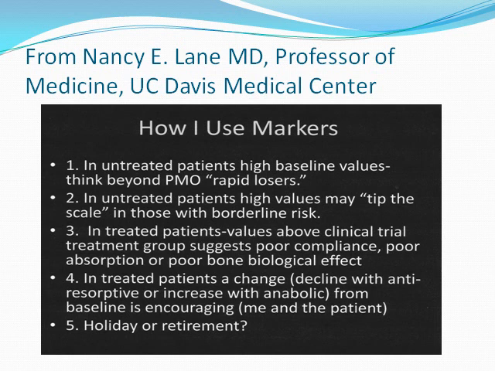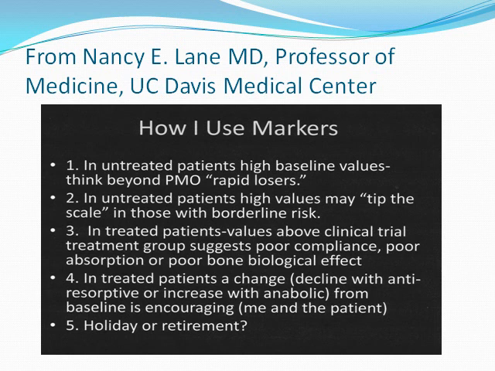But in untreated patients, high values may tip the scale in those with borderline risk for fracture, and who may have a kind of borderline bone mineral density, but having the bone markers elevated is another thing to consider, and may tip you towards treating that